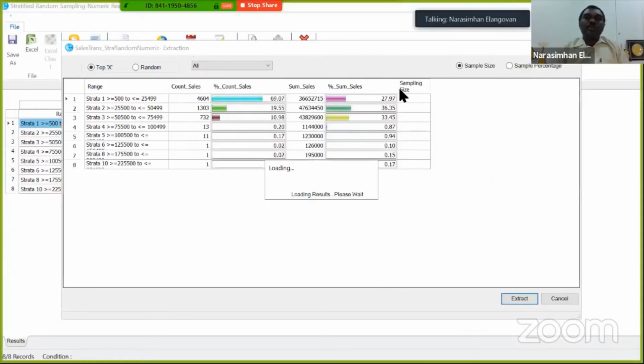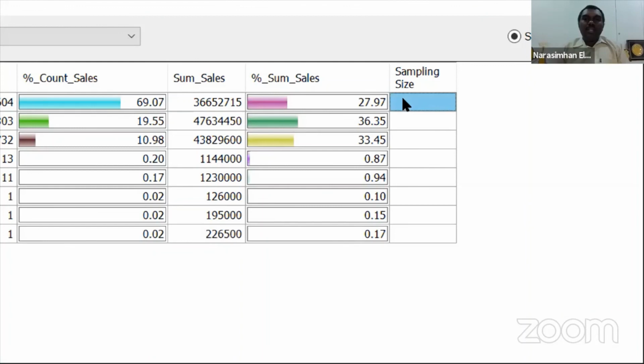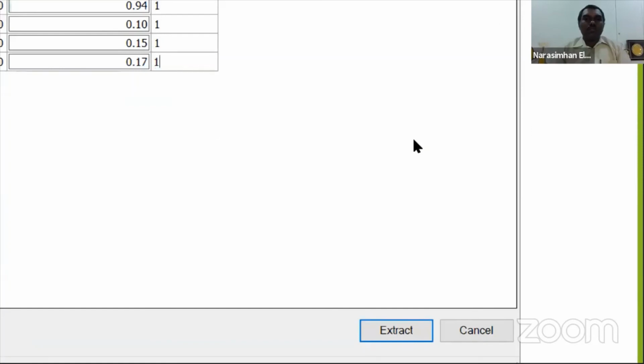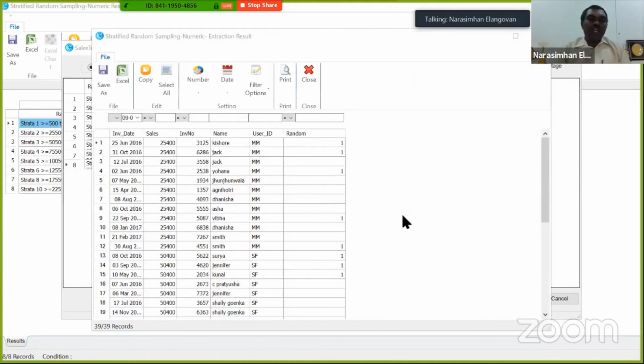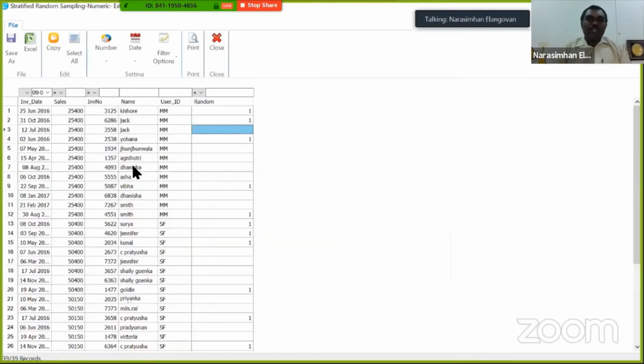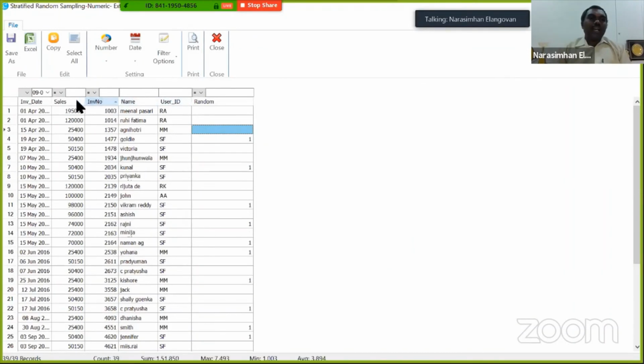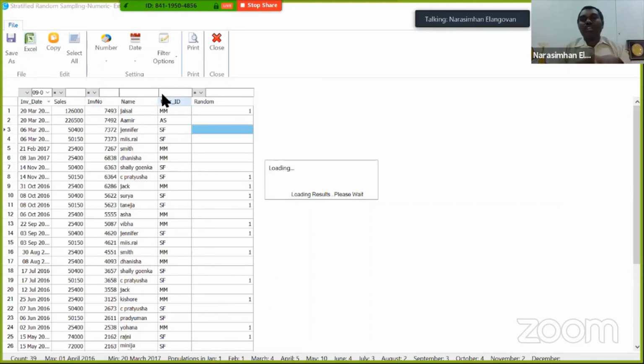Now what you do, you click on sampling. You can pick up how much percentage of samples you want. Maybe here, I want a sample size of 10. Here, I want a sample size of 10. Whereas here, I want a sample size of 3, 3, 1, 1, 1, and 1. The moment I choose this, I just say extract. In a click of a button, the entire thing is extracted based upon this respective category, and I get the value for my analysis. I hope you're able to see this. Correct? So this is how quickly I am able to do this sampling. I can double click, I can do any sort of filtering, and of course I can save it on my Excel for my documentation purposes.